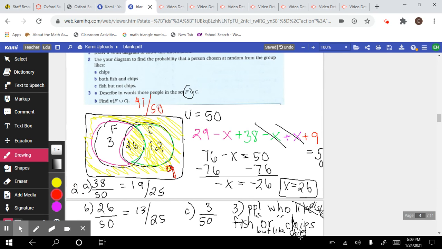47 out of 50. Now that we readjust that. And there we go. There is example number